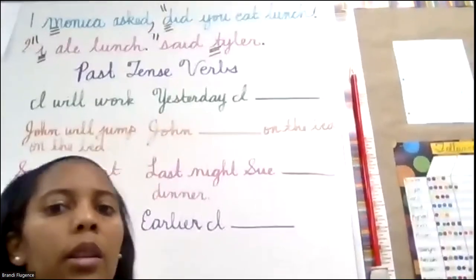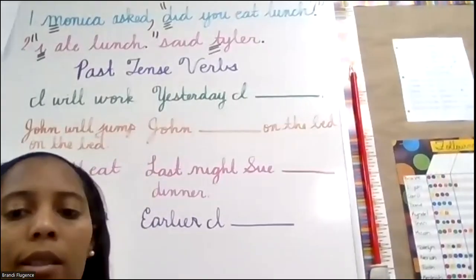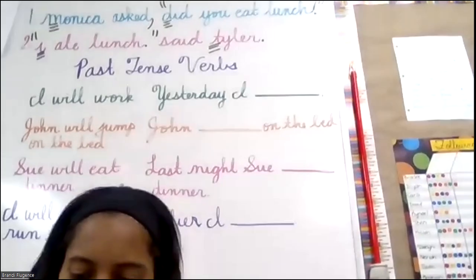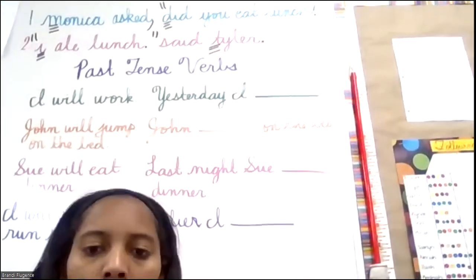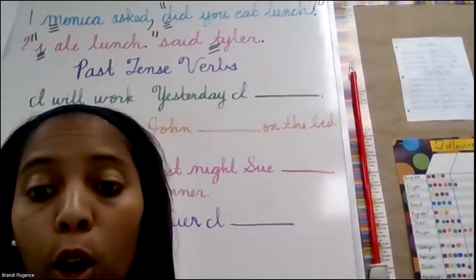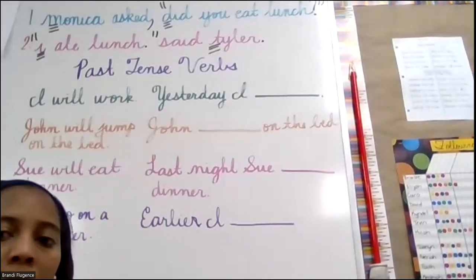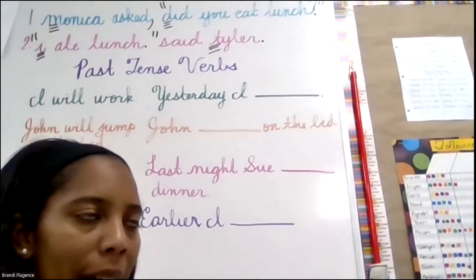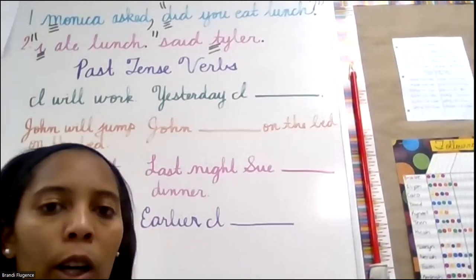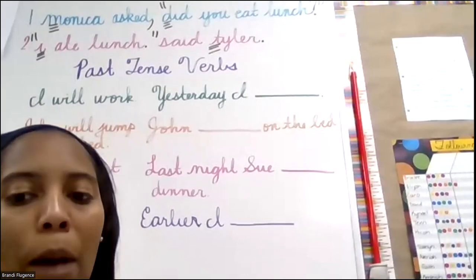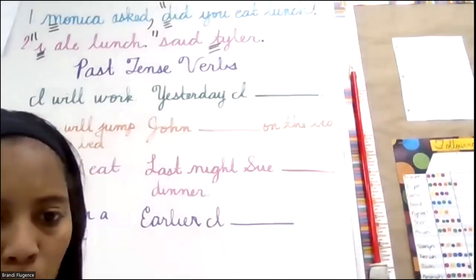All right, so today we're going to learn about what's called past tense verbs. The job of a past tense verb is to talk about an action that happened already, right? So sometimes things may have happened in the past. That's the word past. And past tense verbs are the way you write a verb when it's already happened. It's past tense. It happened already.